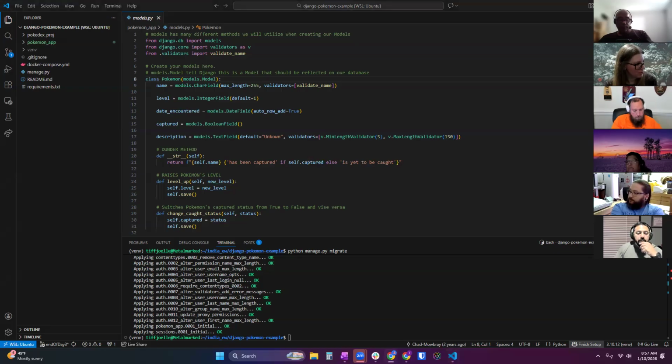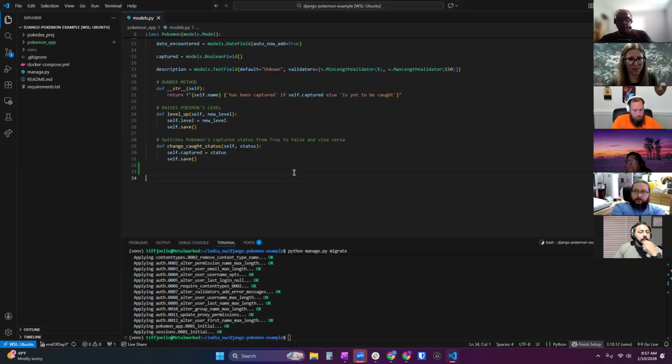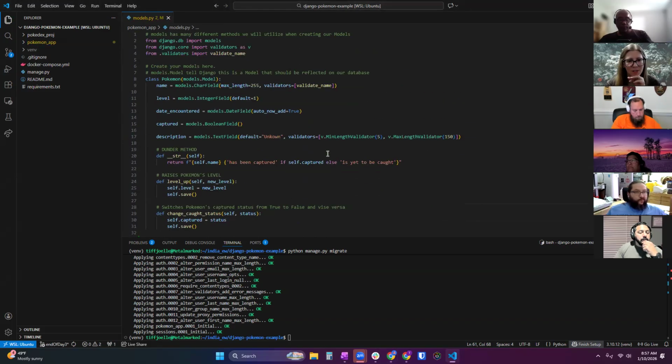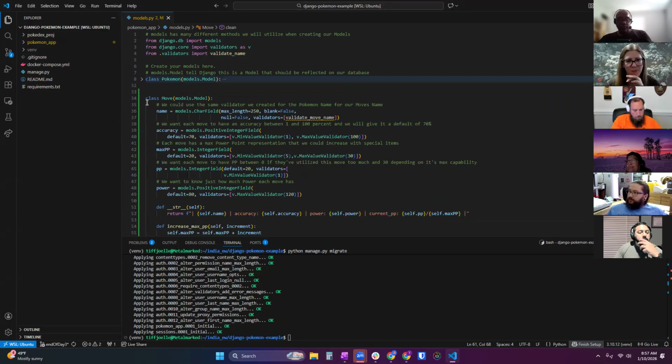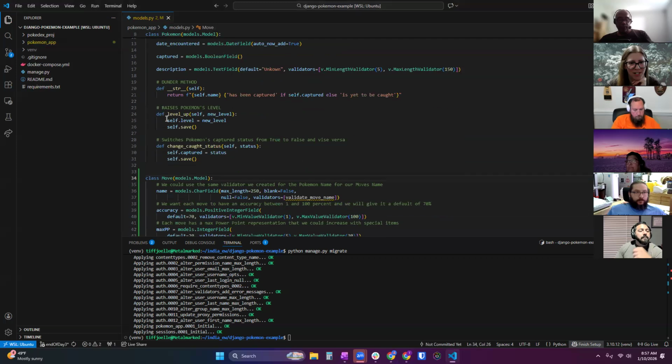Okay, so we're going to make a move model, and I'm just copying from the README to save time, and it has some methods underneath it. We're just going to throw it down here. These are different classes, so you can throw it down below the previous model that you made. When we make a model, we say class, the name of the model, and then we have to inherit from models.Model. That's how you will set all of them up. So just get used to the syntax, copy, paste, whatever, and change things out.